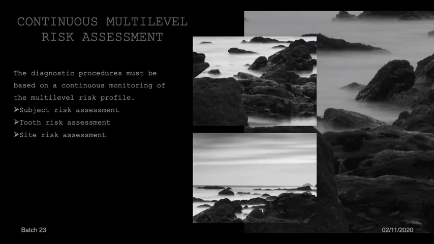periodontal maintenance therapy. So a continuous multi-level risk assessment should include subject risk assessment, tooth risk assessment and site risk assessment. So if the patient has a localized periodontal disease, then you have to evaluate the site for risk, whether the site can again go for a periodontal disease or not. That has to be done. The tooth level risk has to be assessed and subject level risk has to be assessed on every recall visit when the patient comes for periodontal maintenance therapy, and the prognosis should be determined on every recall